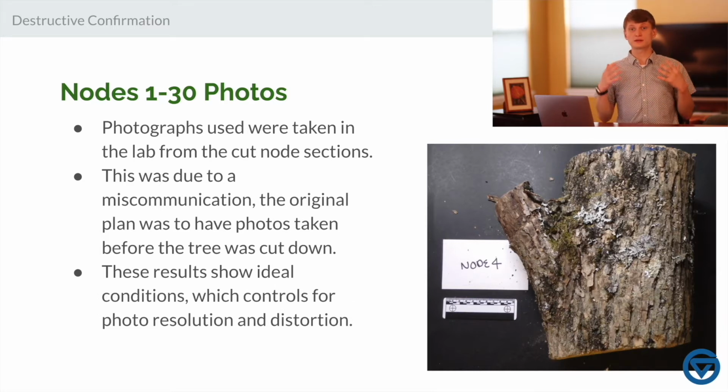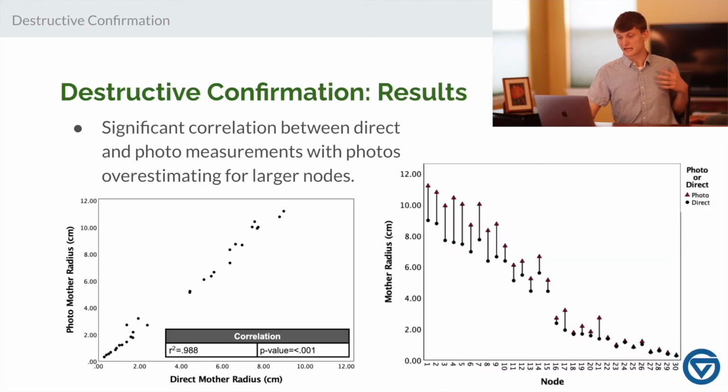However, these results still hold promise in that they show ideal conditions where photo resolution, lighting, and perspective distortion are controlled for. So there's still a valid methodology here. To jump right into our results, we found a significant correlation between the direct and photo measurements, which is, I suppose, to be expected because we're measuring the same thing, the same point on a tree. If you look at this figure here, we have the direct mother on the x-axis and the photo mother on the y. And we had an r-squared of 0.988 with a p-value of less than 0.001, so there's clearly a